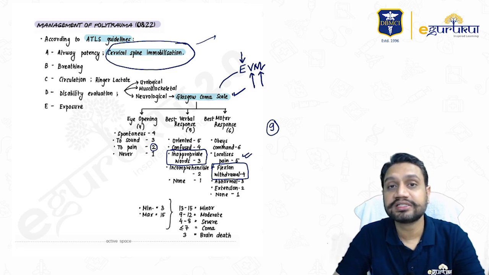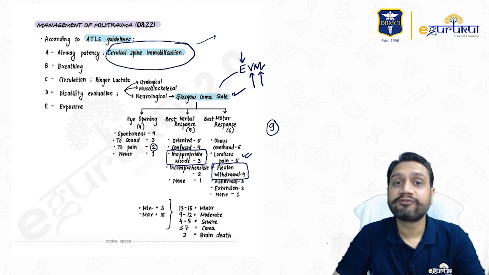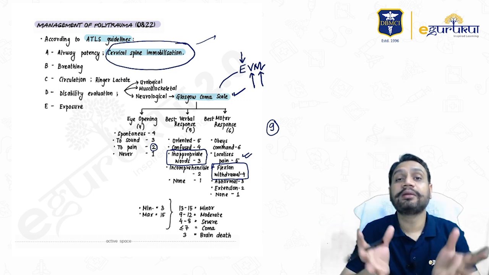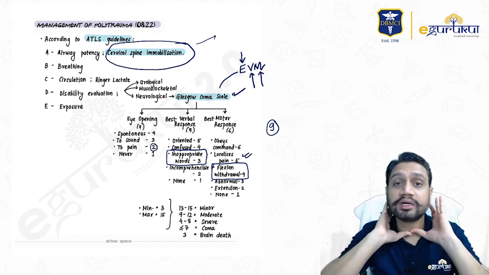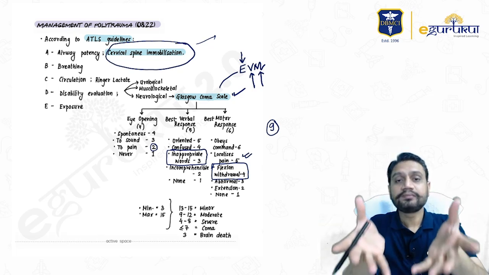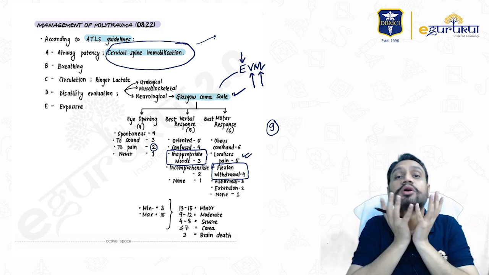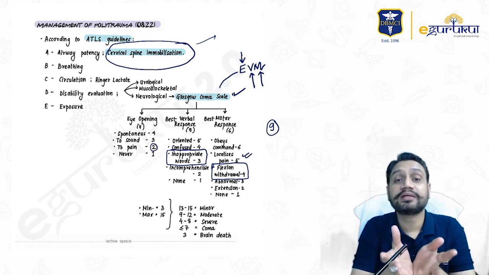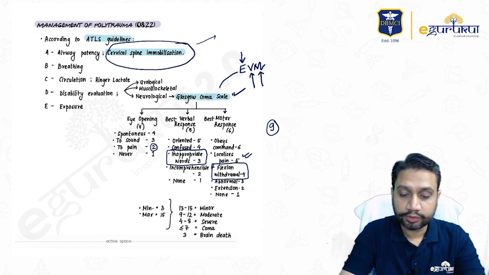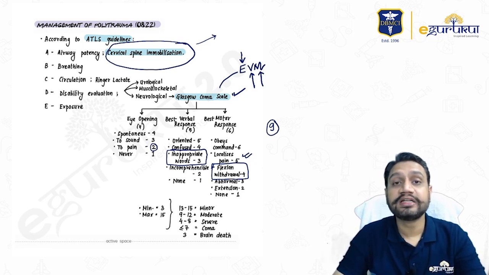Don't wait for investigation. Don't wait for the patient to be taken up for OT. No. Block it there only, with whatever is available with you, the cardboard, the cervical collar, or whatever else. If nothing is available, you have to block it by your hands. But block the cervical spine. Don't allow mobilization of the spine. It has to be immobilized. Okay. So one important question from here can be from cervical spine region injury.